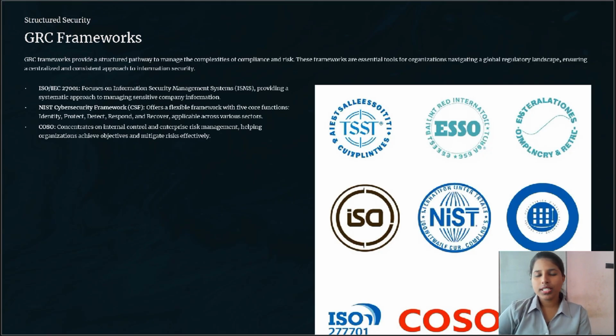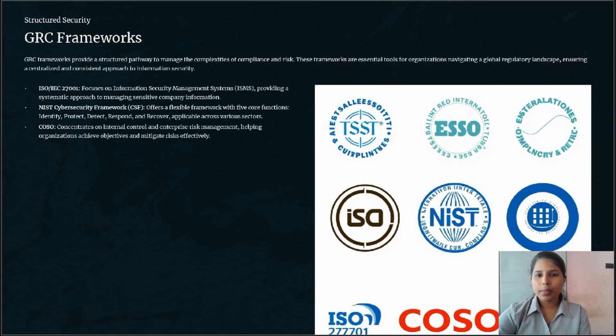So in short, we can say the GRC framework is a structured approach that helps organizations manage their governance, risk and compliance efforts in a cohesive way. It provides a roadmap for addressing various interconnected aspects of business operations, promoting efficiency, informed decision making, and adherence to regulations.